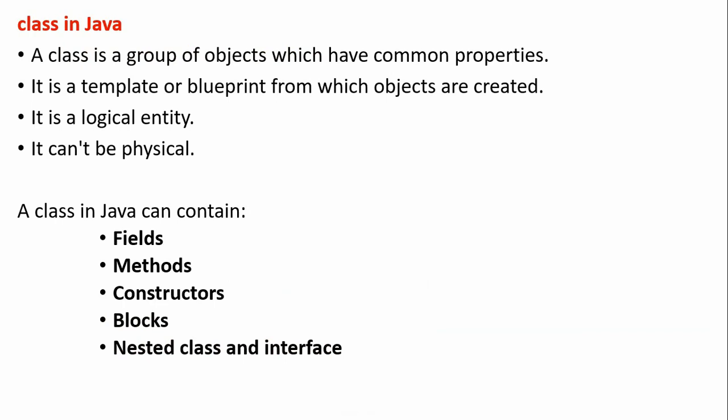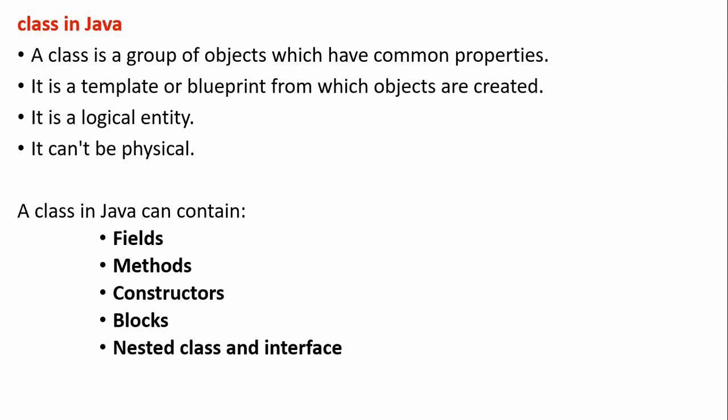And when it comes to the class in Java, what is a class? From long ago we have discussed that a class is nothing but a collection of objects, a group of objects which exhibit common properties. If you take a pen, it is actually a class. What are the different pens available? Reynolds, Bidco. All pens exhibit the same behavior. It may be black color or blue writing color, white color, red color.